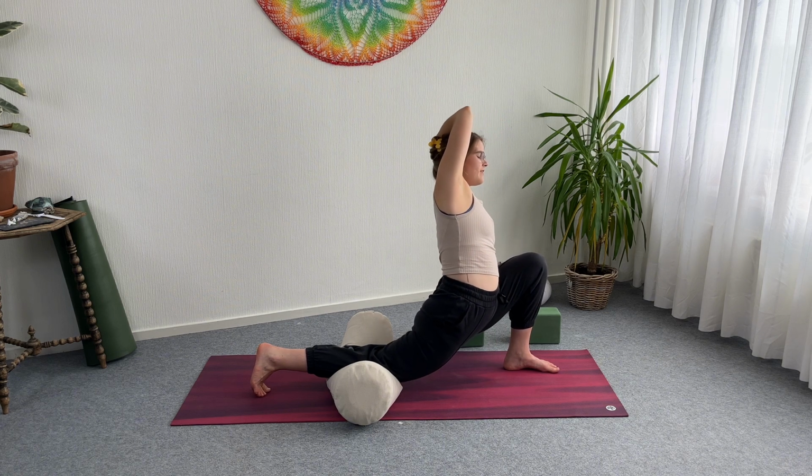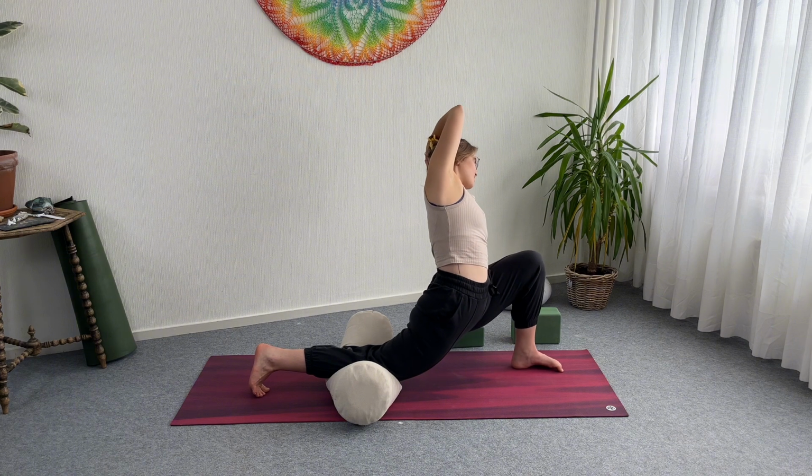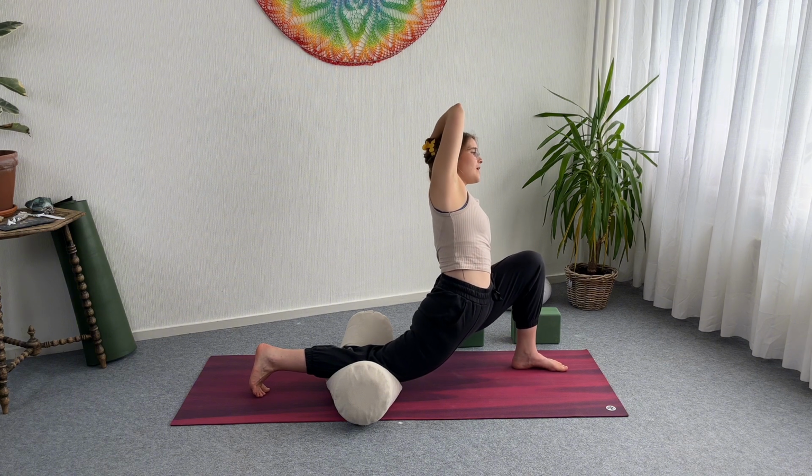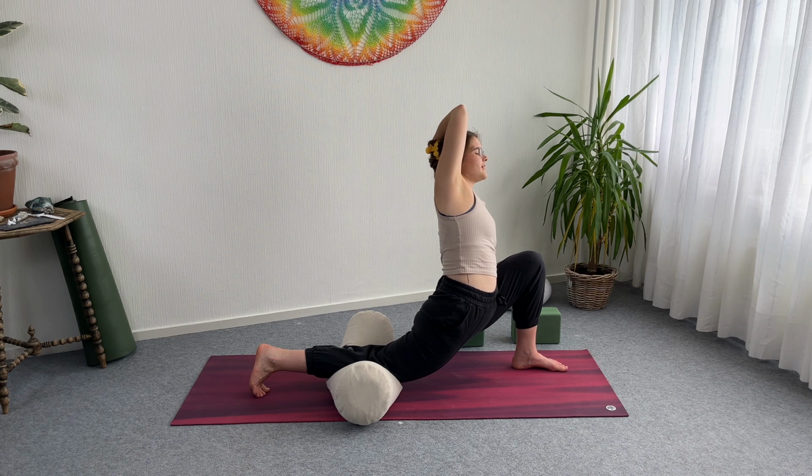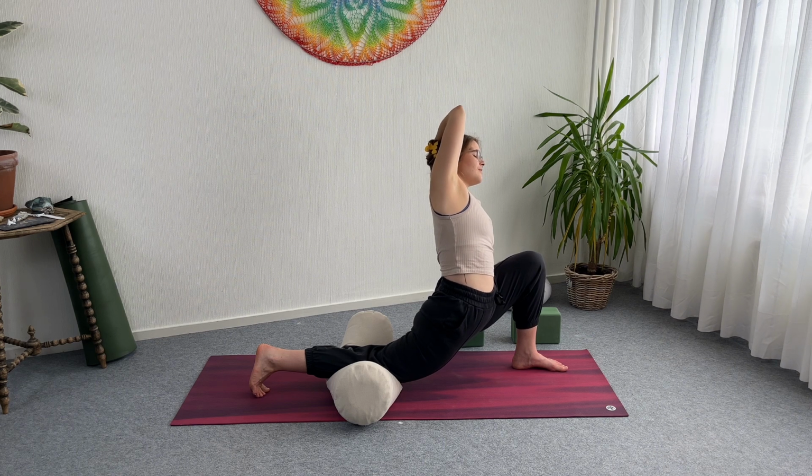Taking a deep breath in and a long breath out. Now I know this pose is quite a lot, so never go too far. We're gonna hold this pose also not that long like with previous poses. So just stick with the breath, taking a deep breath in, long breath out,